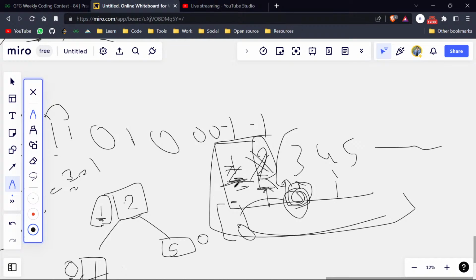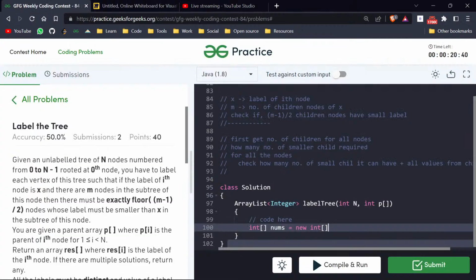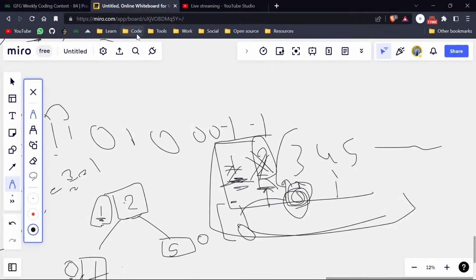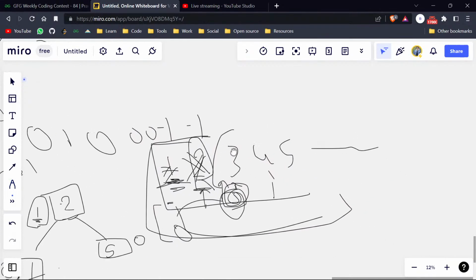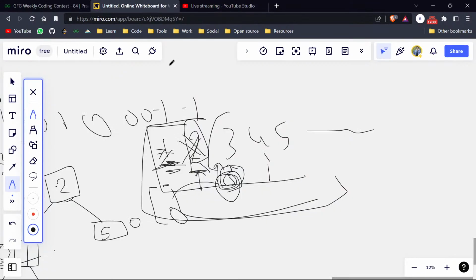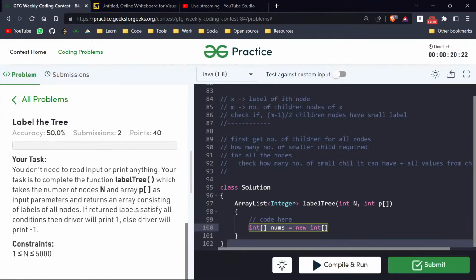Or we can just remove this thing, right? So we can create an array list. But the time complexity will be 10 to the power 5 for creating that array list. Okay, let it be. Let me just check here. So whenever we have some value, we will just remove it. And I think we can create an array list of 10 to the power 5 length,